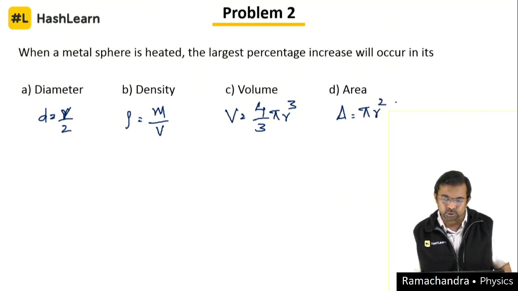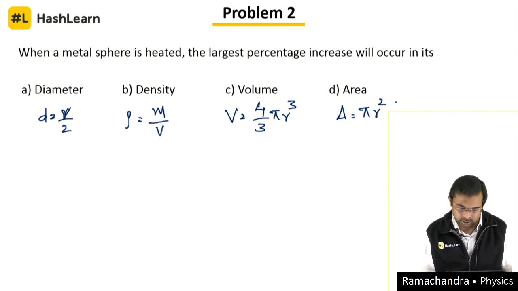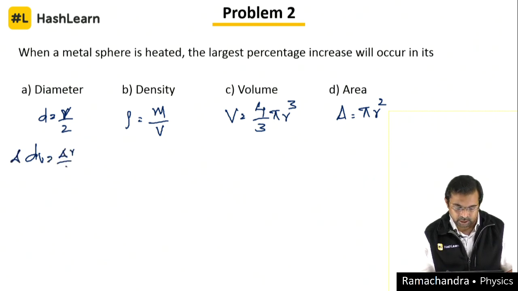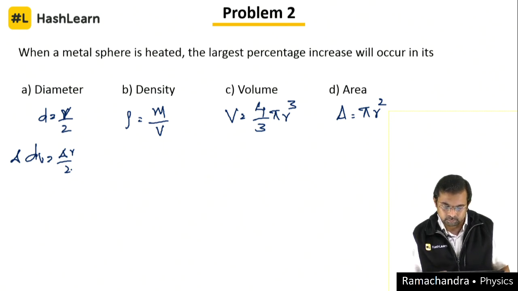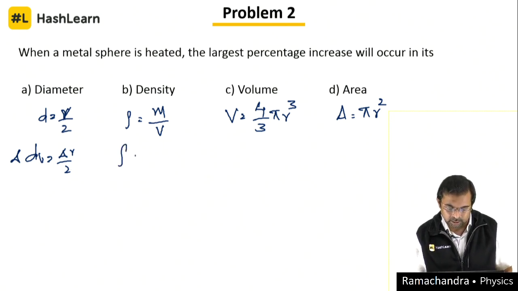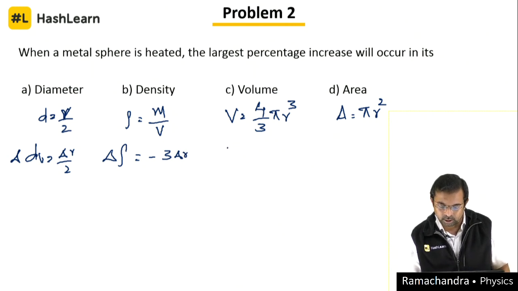For the change, we are looking at the percentage increase in this one. Let's try to differentiate this. We can say delta V is equal to delta R divided by 2. So it's quite linear. But in this case, there will be a minus sign. Delta rho will be equal to minus times 3 times delta R. And here, as we know that delta V will be equal to 3 times delta R, and here delta A